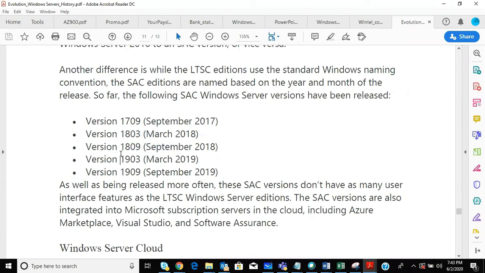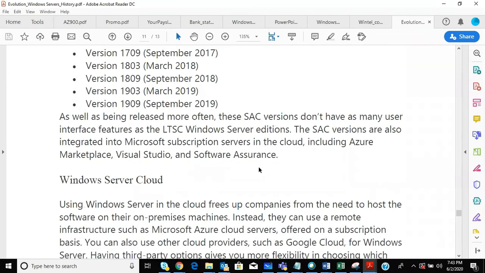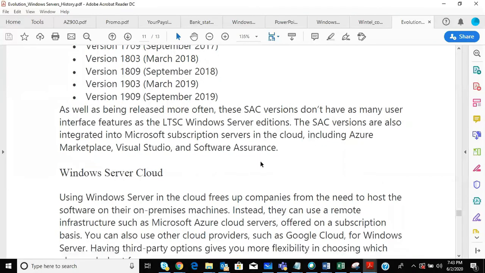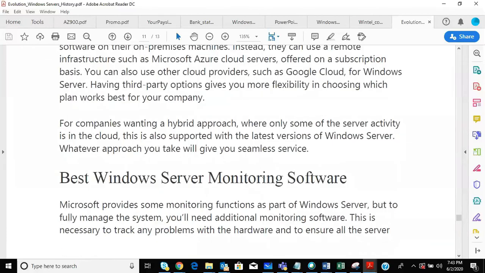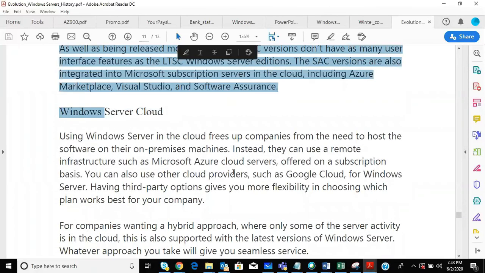I think 1911. Currently I'm working on 1909, in an image optimization project for my client actually. So this is the same version of Windows Server 2019, 1909. I'm very hopeful that Microsoft might release the latest 1912, but I have to double check whether that version has been released yet or not. Okay, because every quarter or 6 months they release their versions, right? 6 months or quarterly. So Server Cloud is very powerful.